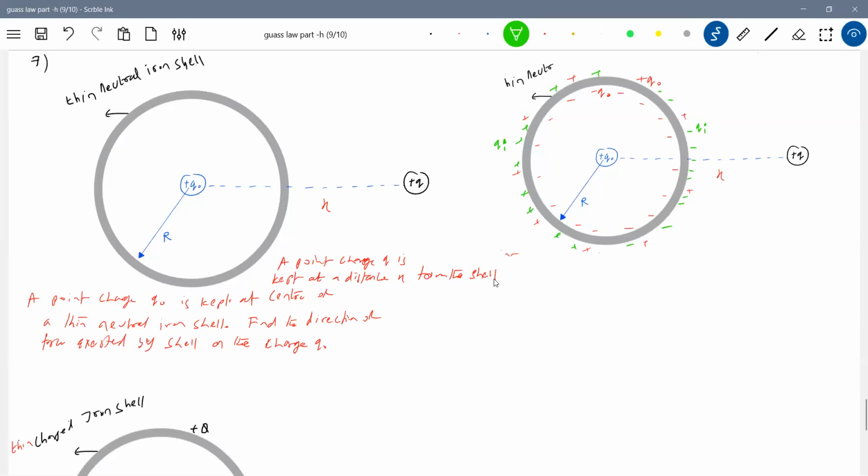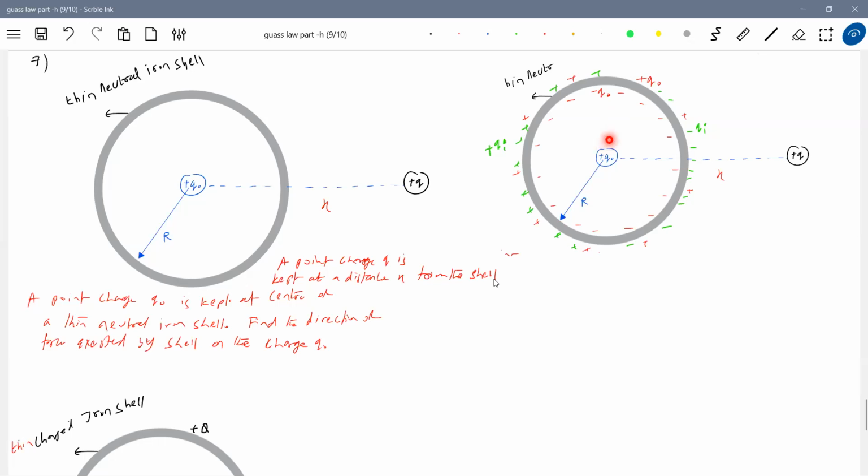So what is the net charge of the shell? It will still be electrically neutral. Q naught is the induced charge by this one. Able to understand? This green color, this minus Qi, is due to this. So some charge will be induced here. What is the net charge on the outer surface? It should be Q naught only, because minus Qi plus Qi. This is very fundamental. Please try to understand, because we are just concluding electrostatics. A student must have all these ideas.